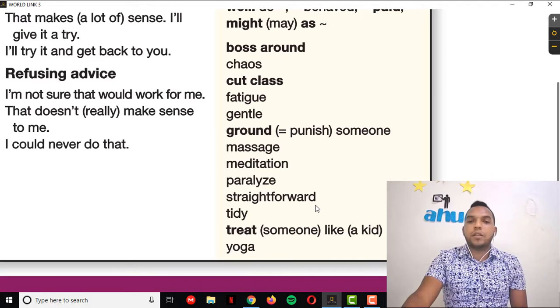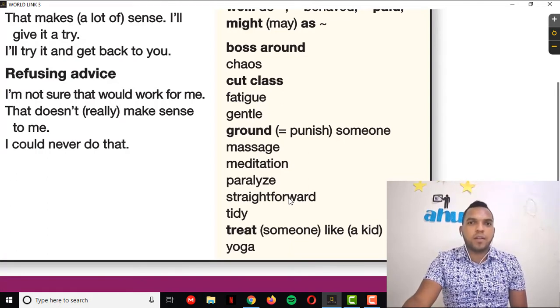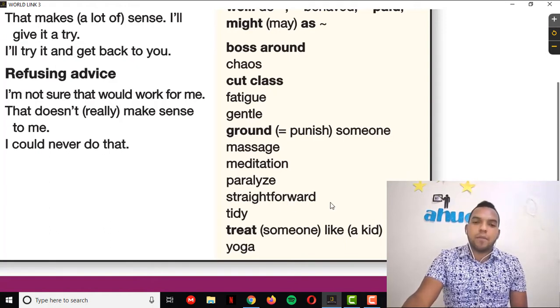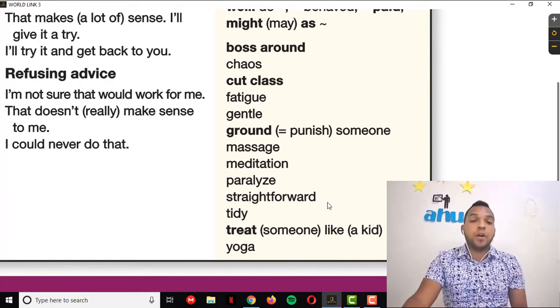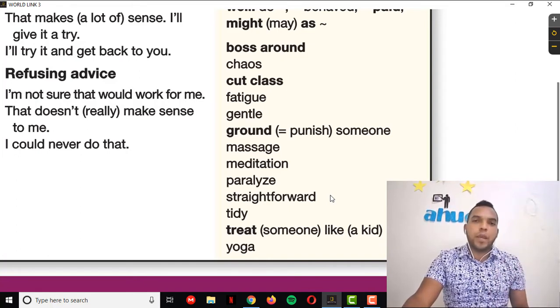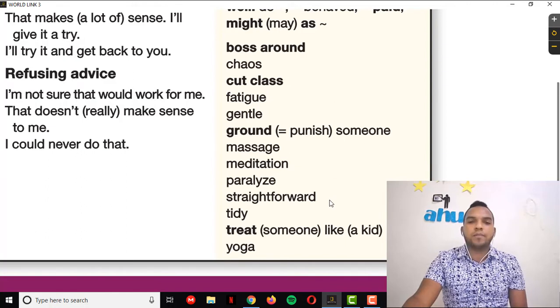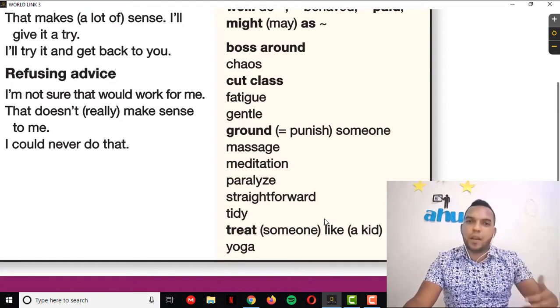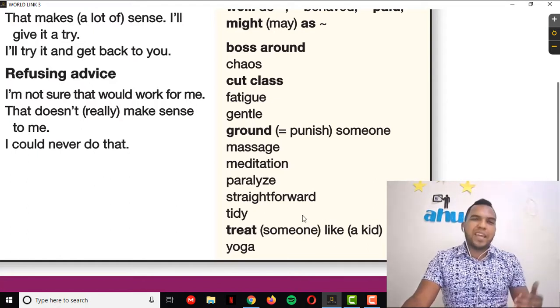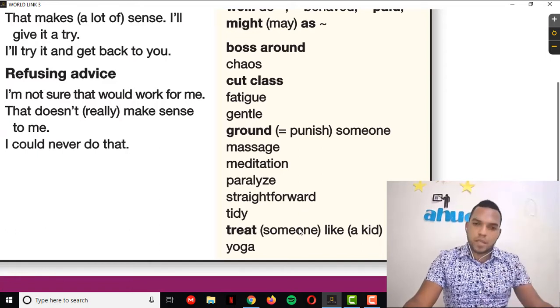Straightforward. This is a synonym of simple. All right. So you can say it's straightforward, and you are saying the same: it's simple. Actually, this is another word you can use when you are explaining something to another person, and you are maybe telling a story of something that happened. You say, well, let's put this straightforward. Let's do it like it's similar. Like let's do this simple. Or to make it straightforward, it's like to make it simple.